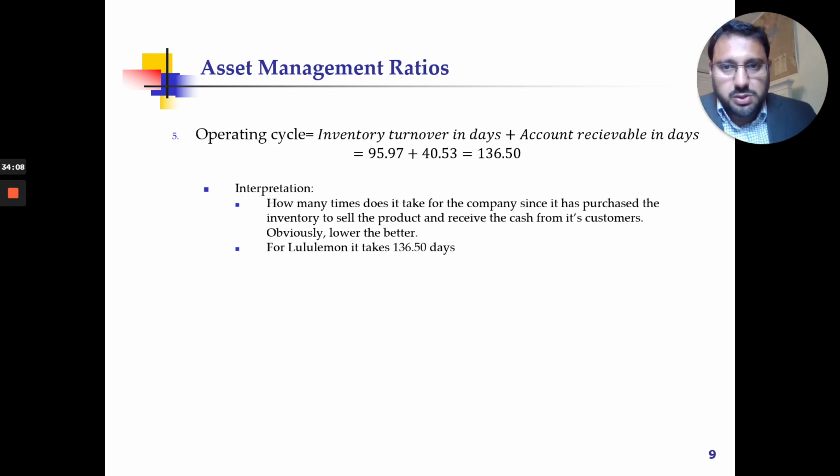So this shows how many days it takes for the company, since it has purchased the inventory, to sell the product and receive the cash back from its customers if they have sold those things on credit terms. So for Lululemon, it is 136 days, almost 137 days. So in 137 days, they are successfully able to sell to its customers the current level of inventory, and the current level of receivables they are able to receive back in totality in